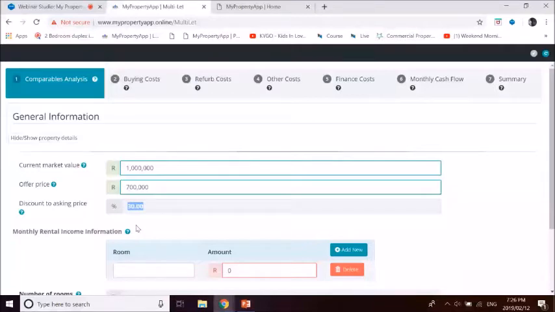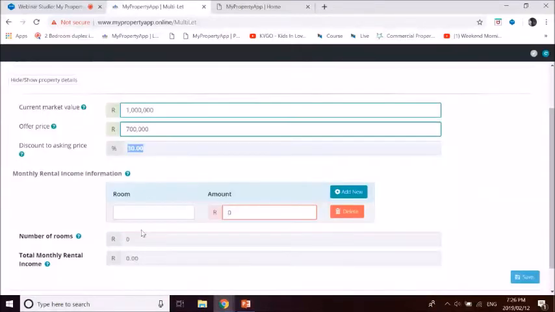Tenant moving costs, sometimes it's cheaper to move a tenant out, tenant placing costs, maybe some outstanding debts. And if you purchase this at auction, there would be some auction related costs. So anything related to buying the property would be in this buy section. And everything that you would need to input has been put there.